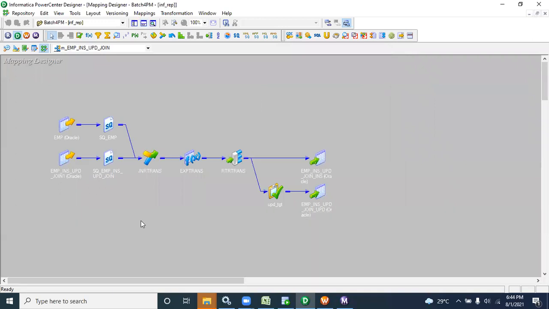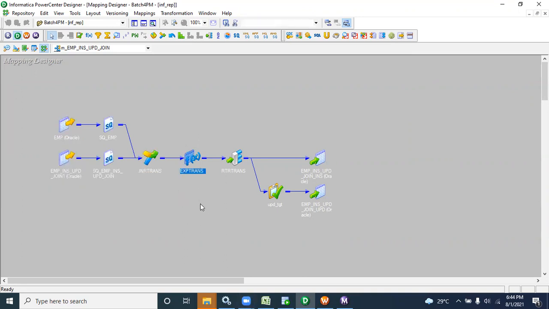Now you can see in this flow, on the joiner we are getting all records from the source, because matching records we are getting from both source and target tables, and non-matching from the source table. That means we are getting all records.